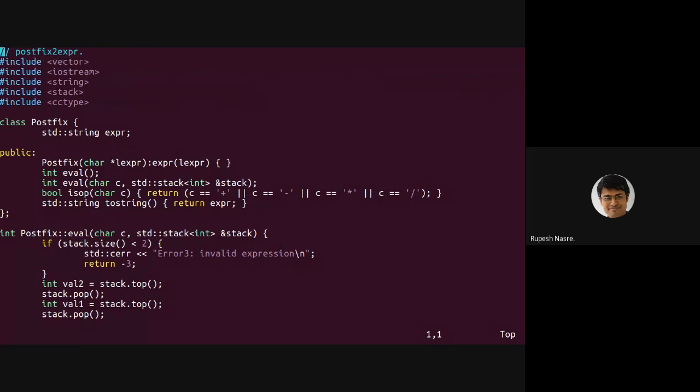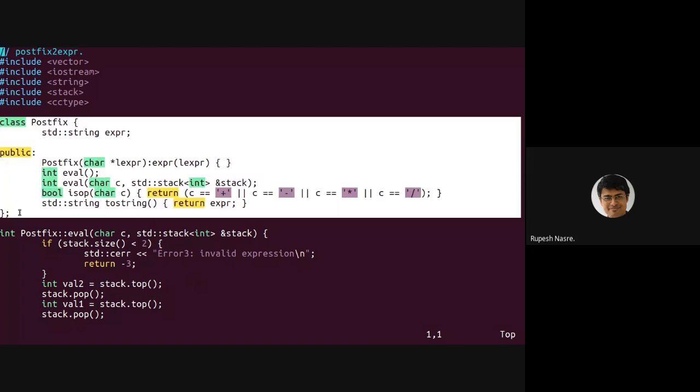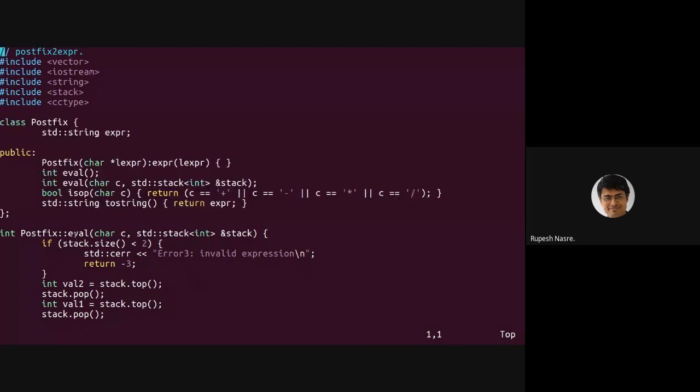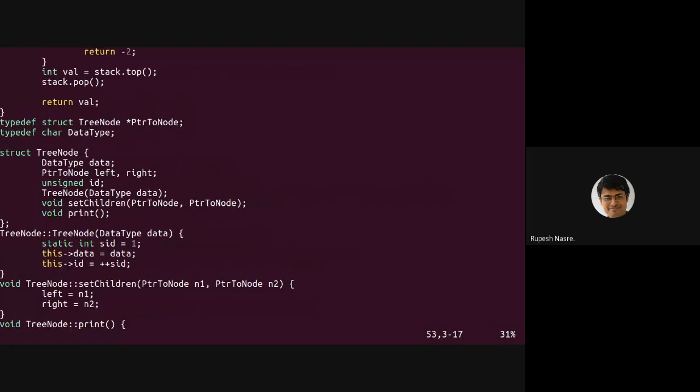This particular code that I'm showing is going to have that particular part. So we have this postfix class, which is from our postfix evaluation. Right? So this eval function, if you recall, was used for evaluation when the expression contained only digits. But what we require is the tree part, right? So therefore, I have another class where we have the tree node, etc., that we know of, right?